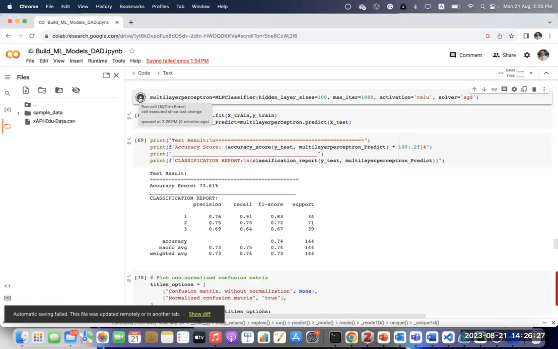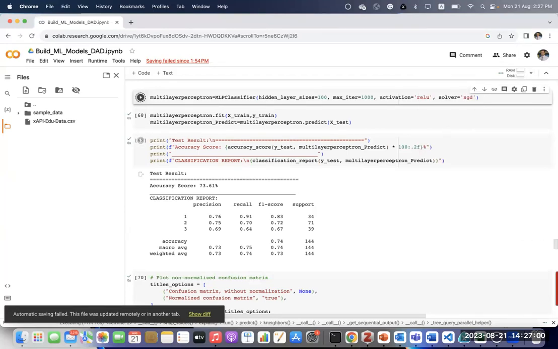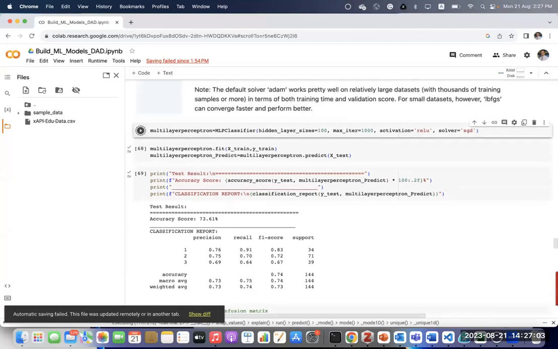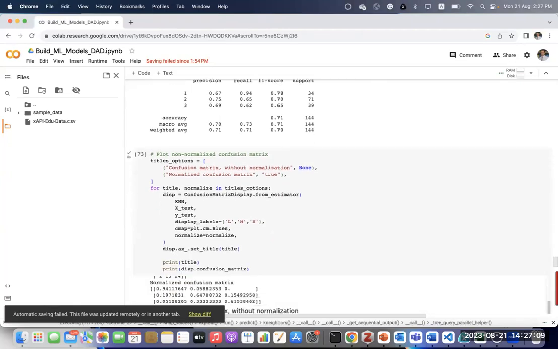Okay, we have increased the number of neurons in the hidden layer. All right, so the final model is KNN. It will give you 70%.